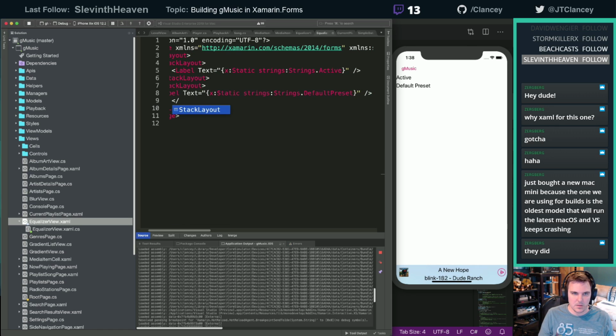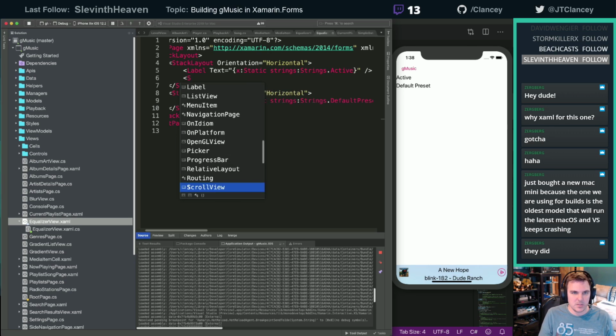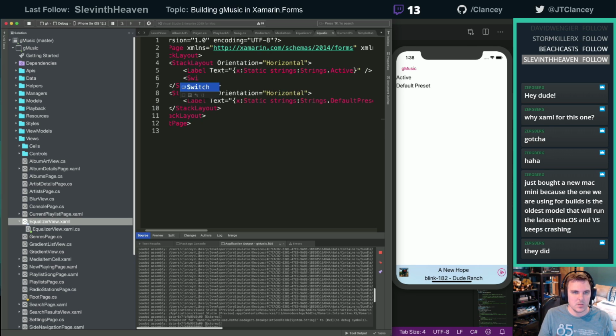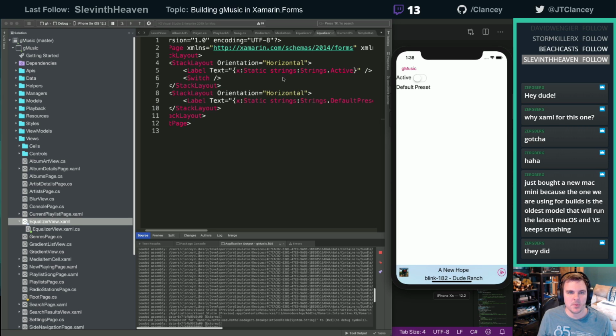All right, so we'll do that. And now these guys, roll this back over. This is a vertical. This one is going to be orientation equals horizontal. And this one, orientation equals horizontal. All right, so now what we need to do is this one's going to get a switch inside of it. Okay, so this is switch. All right, now if I save this, this should just now hopefully show up. Good, good, good. Let's put some margin on these things.